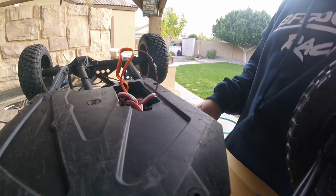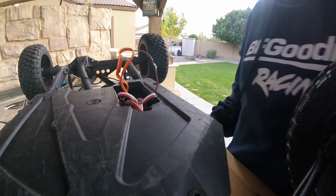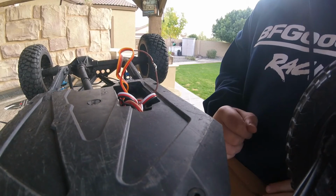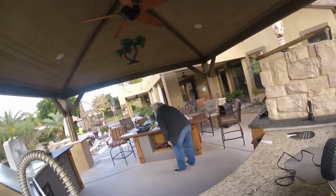That is just a short video on how to solder, I guess, a wire. And I'm also going to solder that one wire that was on the body, which is over there by